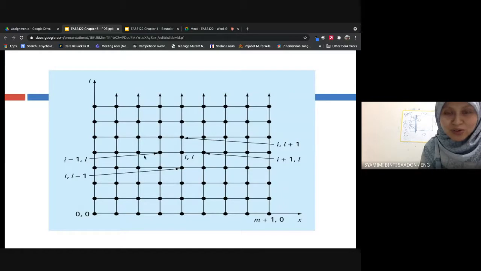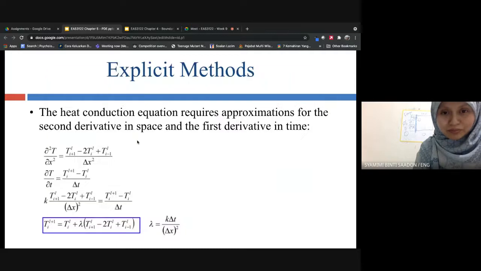Imagine we discretize the heated plate into these nodes in x and t. To solve the parabolic equation, the heat conduction equation,